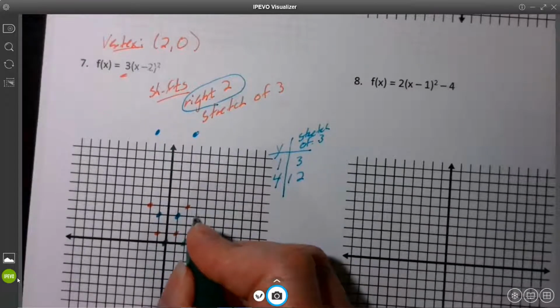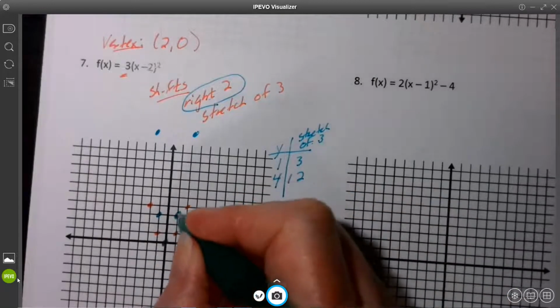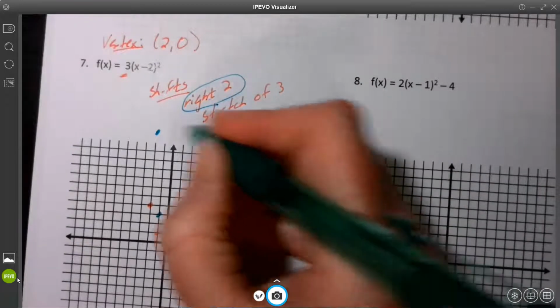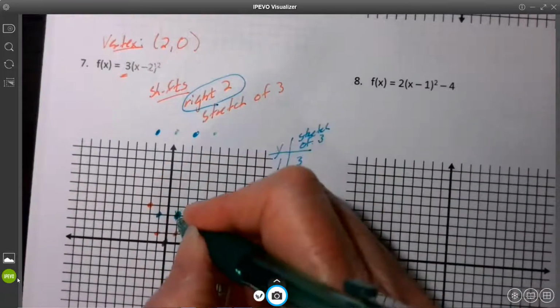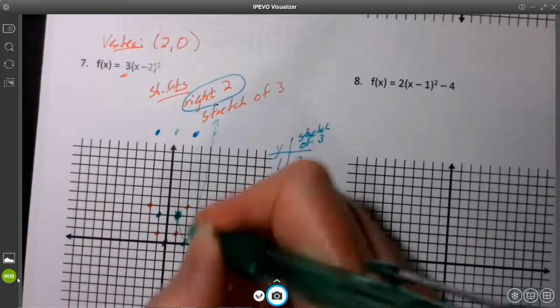I'm going to move 1, 2. Now that one takes over that point. Okay, that point gets taken over. This one goes 1, 2. This one goes 1, 2. So my function, my final graph